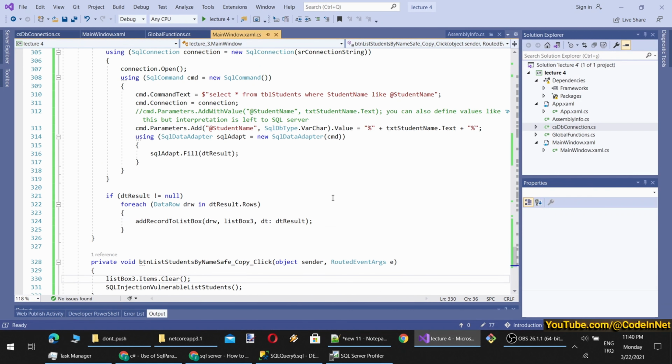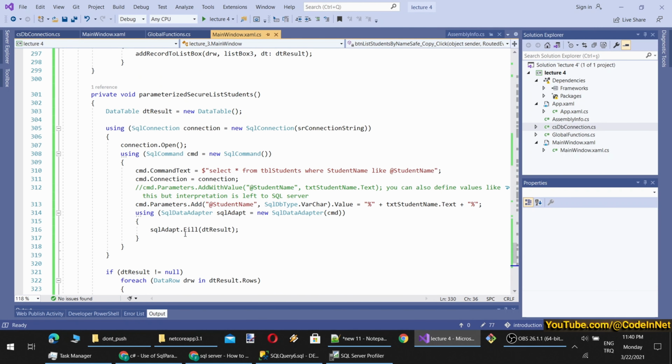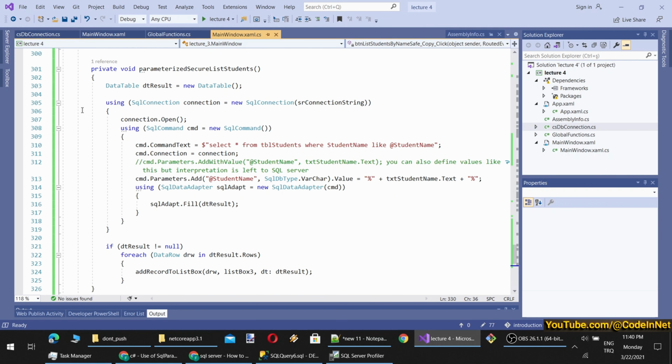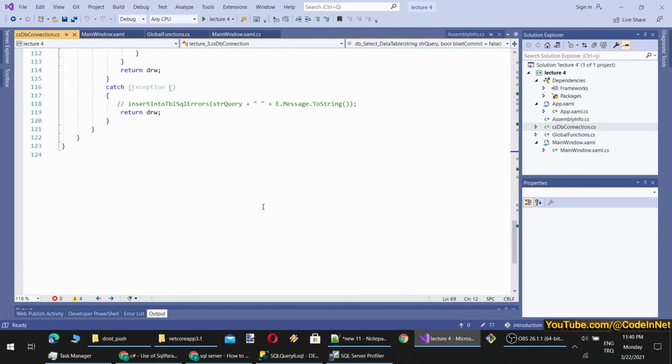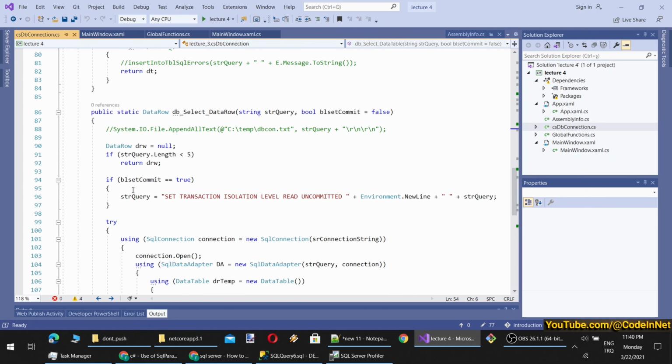Of course, it would be extremely inefficient and incorrect to write queries like this everywhere we are going to do queries. You can also imagine that. So we have to convert this into a method call like we did. Now it is time to do that conversion. So let's start with select data table.